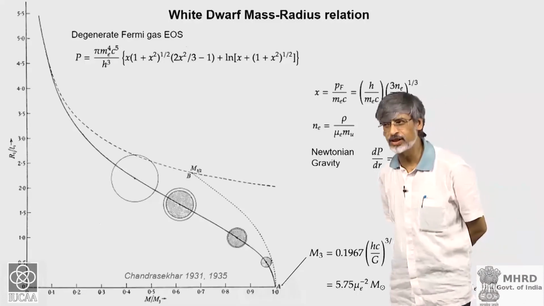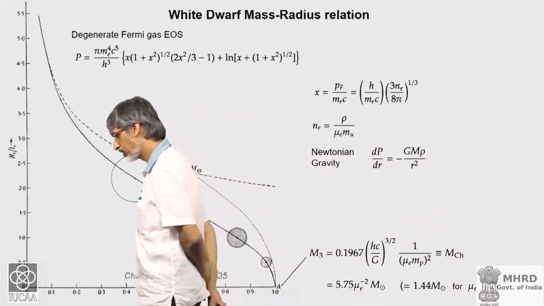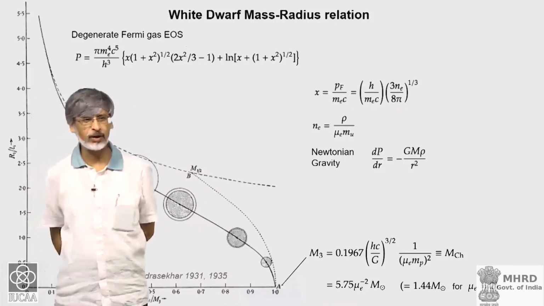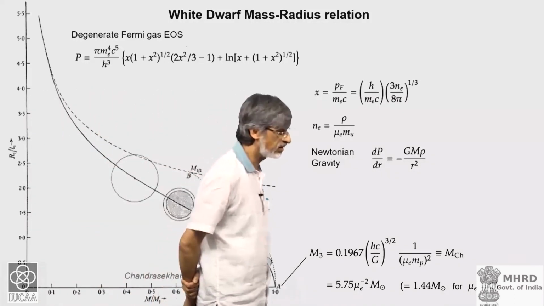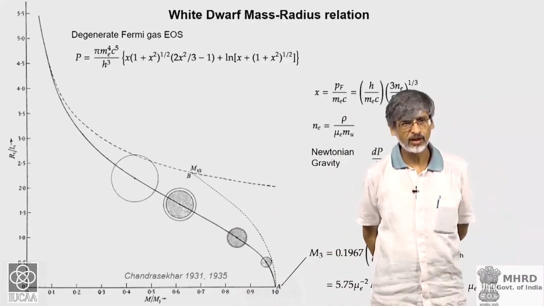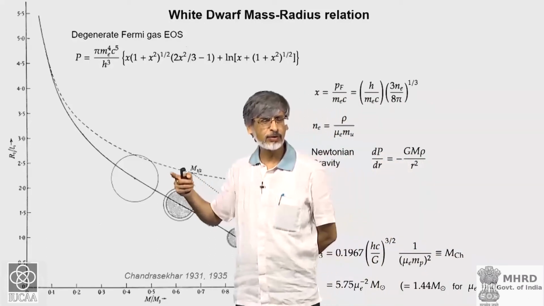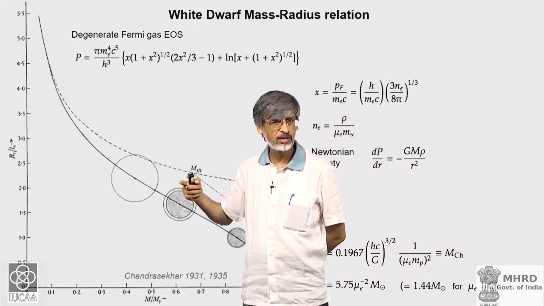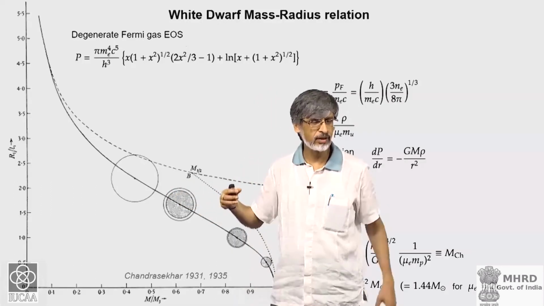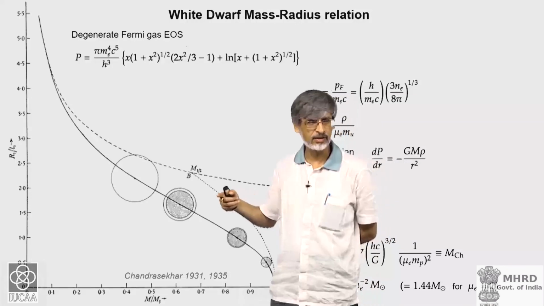The heavier iron ball is bigger in size than the lighter iron ball, whereas in case of a white dwarf, a heavier white dwarf is smaller in size than a lighter white dwarf. So, as the mass of the white dwarf increases, it gets smaller and smaller. The density in the center rises dramatically,